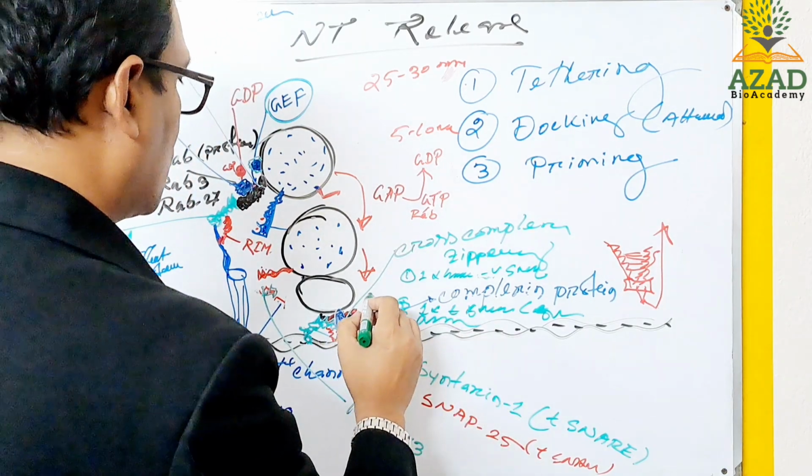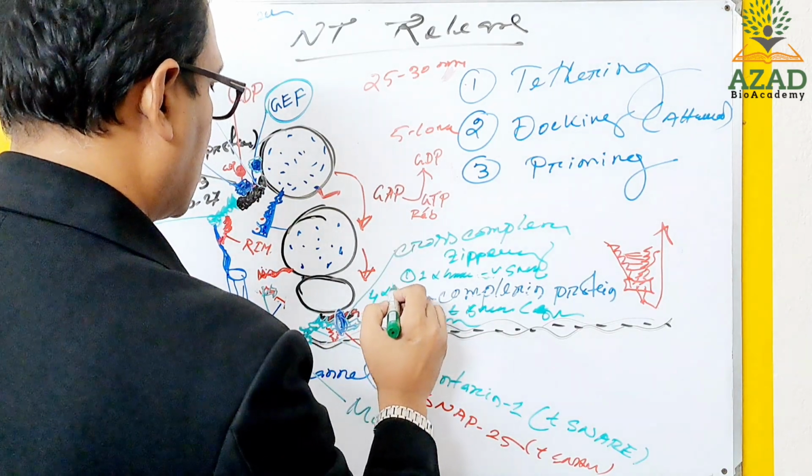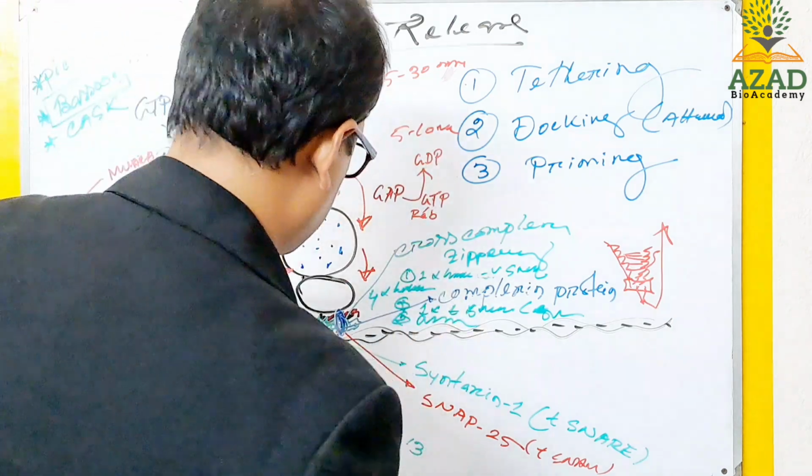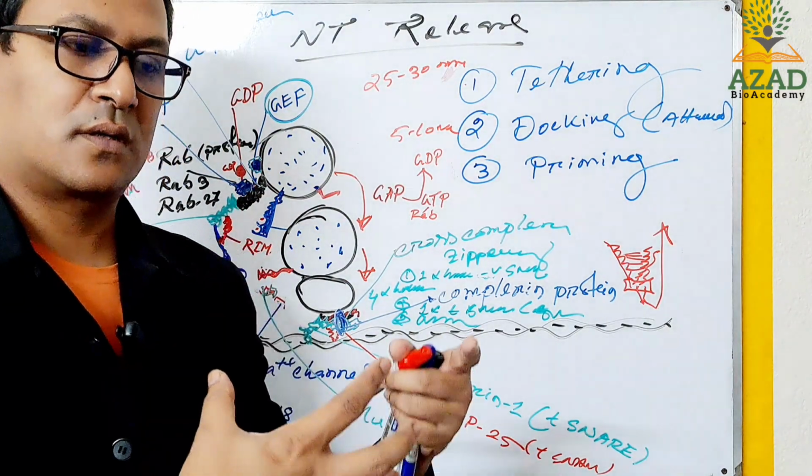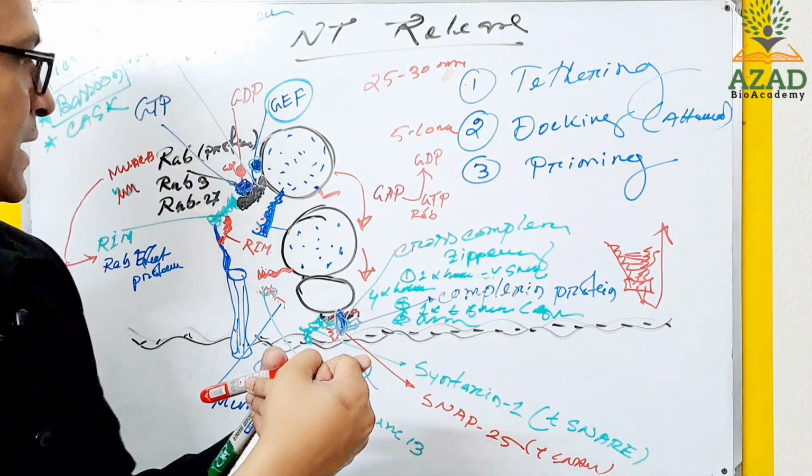So that is the four alpha helical complex. This four alpha helical complex will come closer to each other,